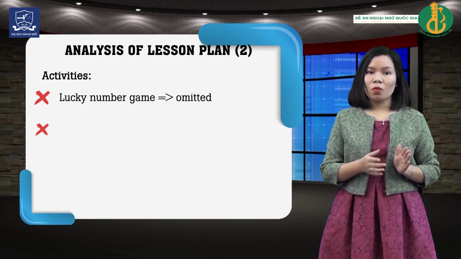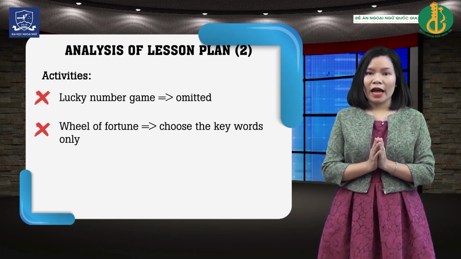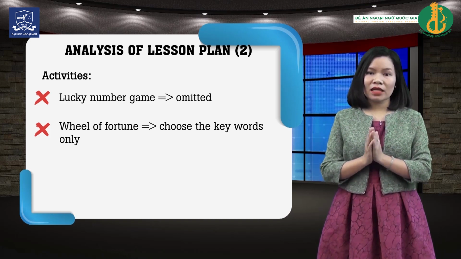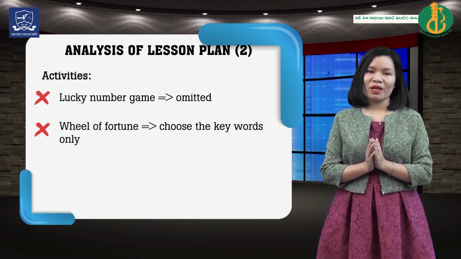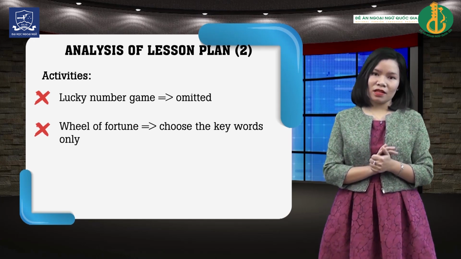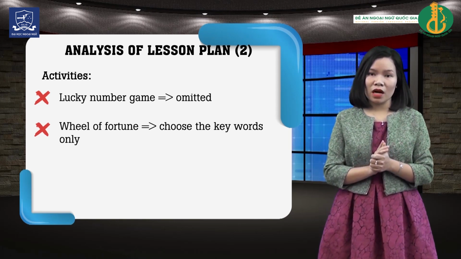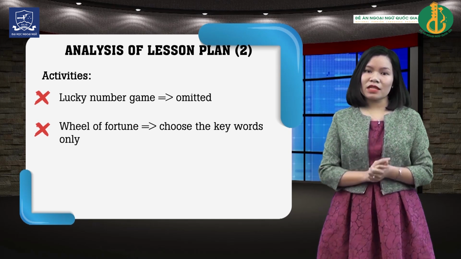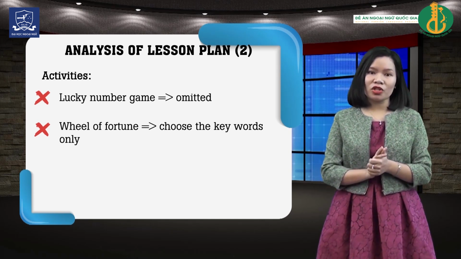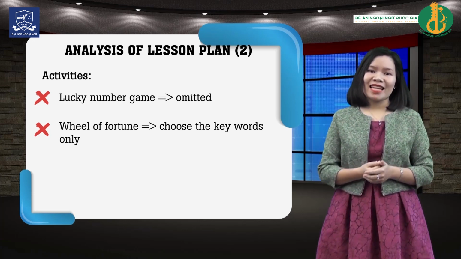The vocab game, Wheel of Fortune, also takes a lot of time. Moreover, out of the 10 vocabulary items chosen, some are not key vocab items in the topic, such as province or playground. Within the limit of the lesson, the teacher needs to prioritize by selecting the most important items only. One more note is that, because these 2 games heavily rely on technology to be conducted, so there should be a backup plan in case there are